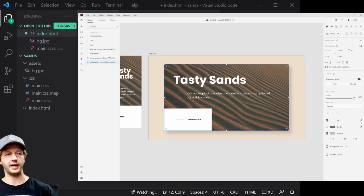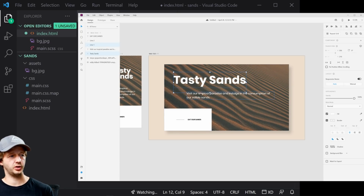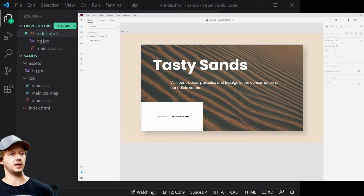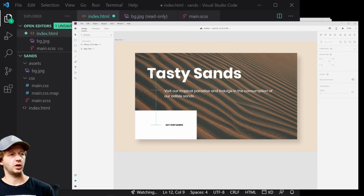We don't have to worry about the background sand sort of thing with that. But inside of it, we have these elements. You know, we have 1, 2, 3 right here. Then we have one here, and this has a couple elements inside of it. But really, when I'm looking at this, I'm thinking to myself, all right, we really just have 2 elements that we have to account for that are going to be child elements inside of our container element. And so we have a headline,